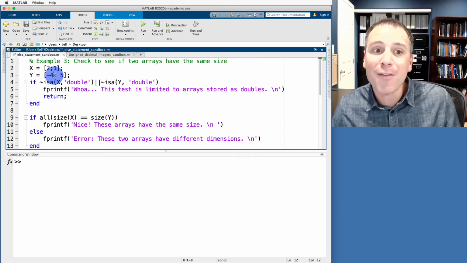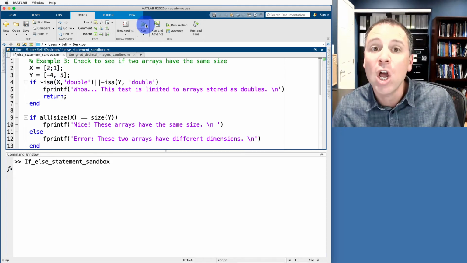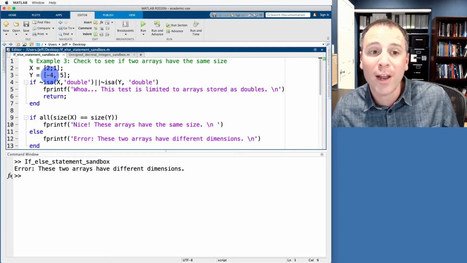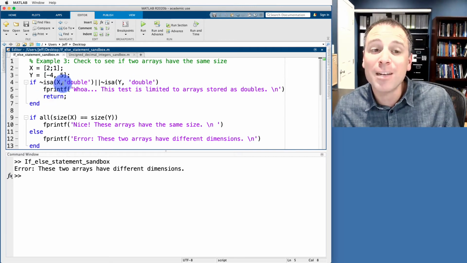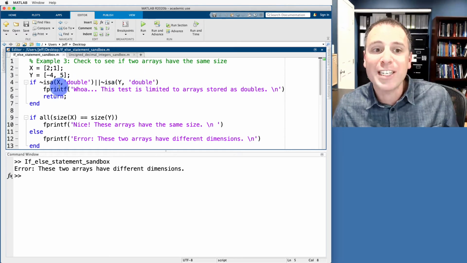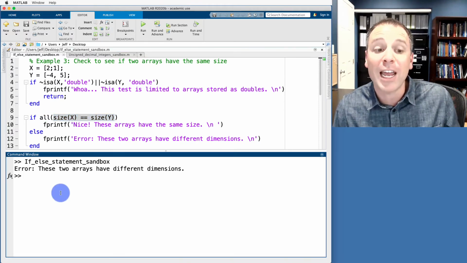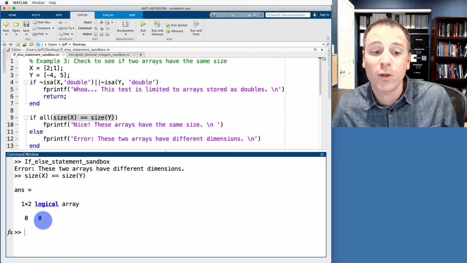On the other hand, if I were to move one of these to a column vector and one of these to a row vector, notice when I run this program, the logical scalar for the first simple if statement ends up to be false based on what we just said earlier. So we skip this body of the if statement here. We drop down to the second if-else statement. In this situation, we see that the size of x equals the size of y produces a logical vector, which is 0, 0.